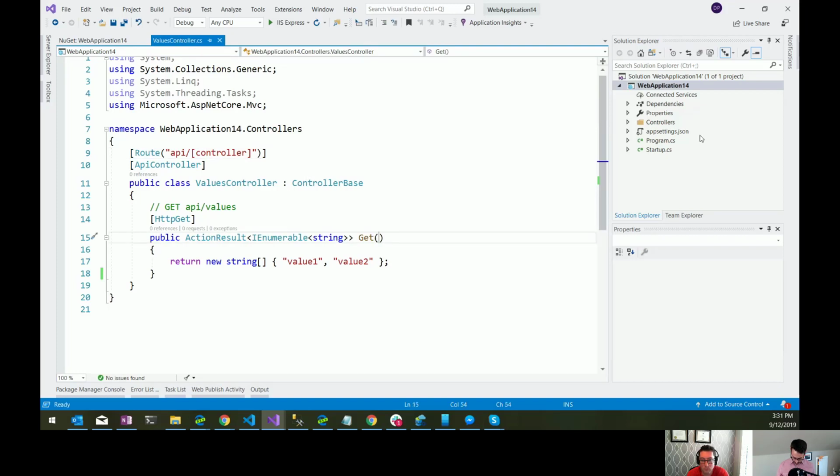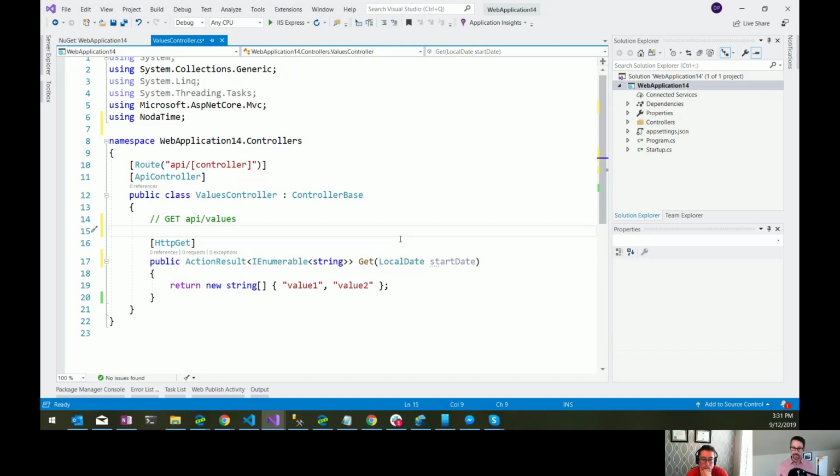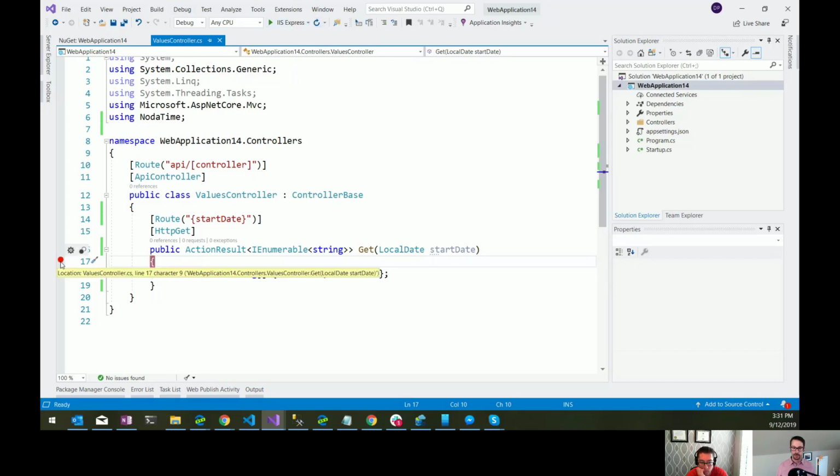I'm going to create an endpoint here that says local date. Start date, we'll call it. This is what I would like to do, is have a route defined here where I'm binding start date as part of my URL. And I would like that to just automatically get bound to a local date instance so that I can, in here, then go and get the things that are related to that particular day. So if I go and run this,